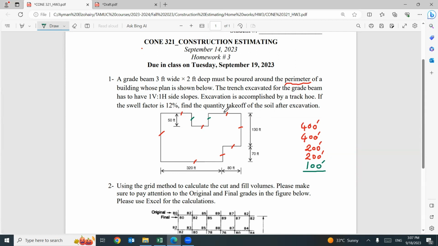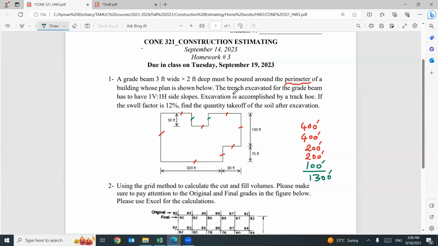So the total perimeter of this shape, 400 plus 400 plus 200 plus 200 plus 100, will be 1300. So the perimeter of this shape, the total length, add these lengths together. That's it. Okay? Equal 1300